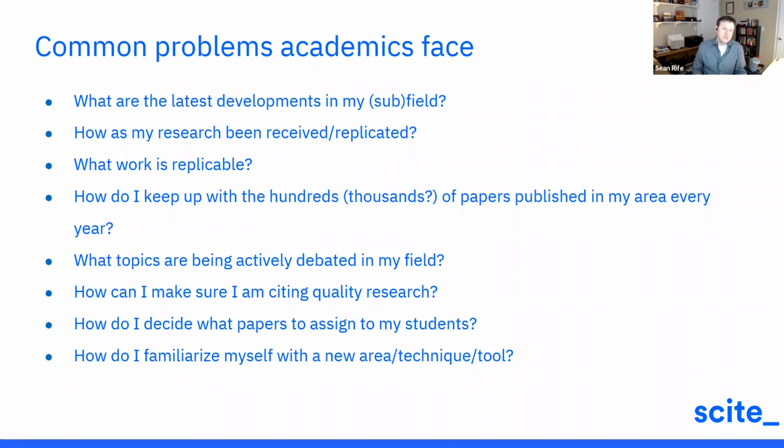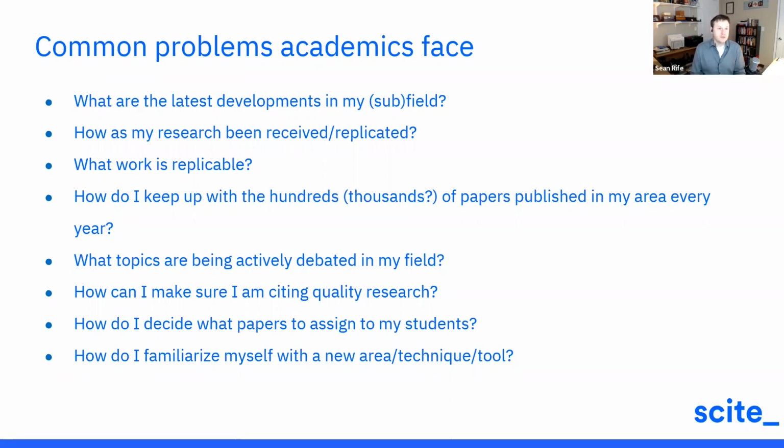I think certainly something that everyone is probably familiar with is just the sheer amount of research that is published every year. Depending on your area, that could be hundreds or thousands of papers that you feel like you might need to read in a given year. My background is in social psychology, and I am constantly feeling like without the help of some very important tools that scite provides, I would be kind of lost in terms of knowing what I need to read to keep up with my area of research.